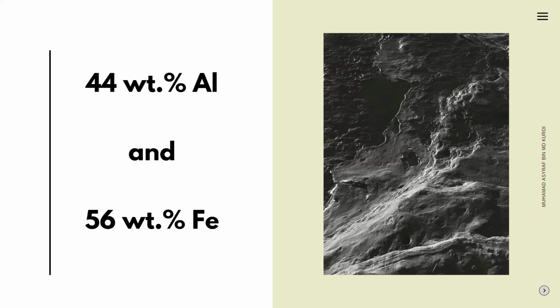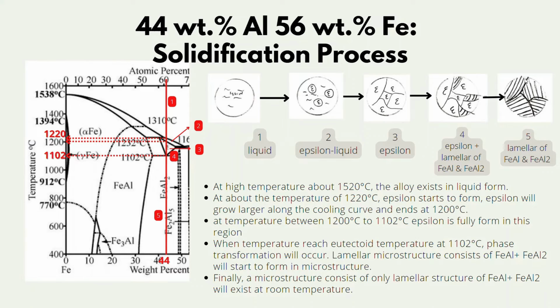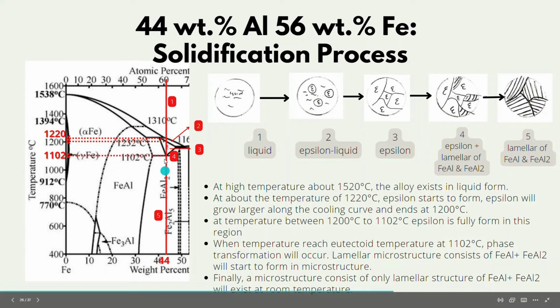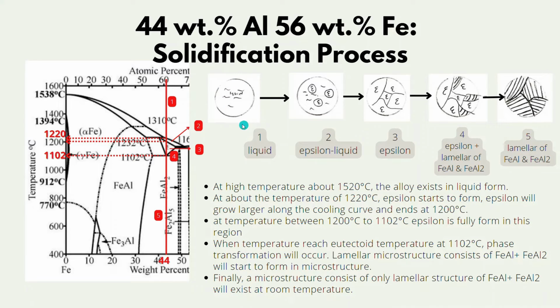I am going to explain about the iron aluminum alloy with a composition of 44% weight percentage of aluminum. Now, the red line here indicates the composition of the alloy, which is 44% weight percentage of aluminum. Starting from point 1, the alloy will only exist in liquid phase. As the temperature goes down and reaches